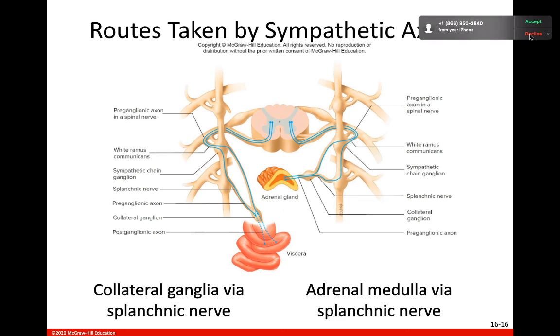Going through a collateral ganglion. So it goes through the chain ganglia, does not synapse, goes through the collateral ganglia, does not synapse, and then goes to the adrenal medulla. Again, this is the adrenal gland on top of the kidney. The adrenal medulla is the center portion of that, and it synapses with cells in the adrenal medulla. It stimulates those cells to release hormones like epinephrine and norepinephrine that will travel through the bloodstream and have widespread